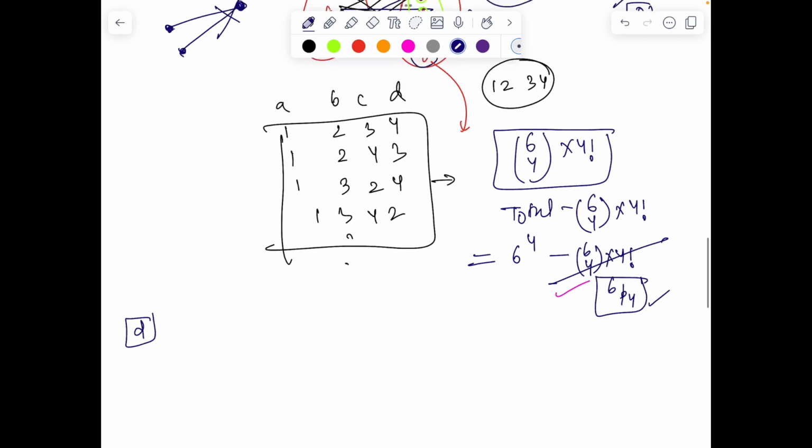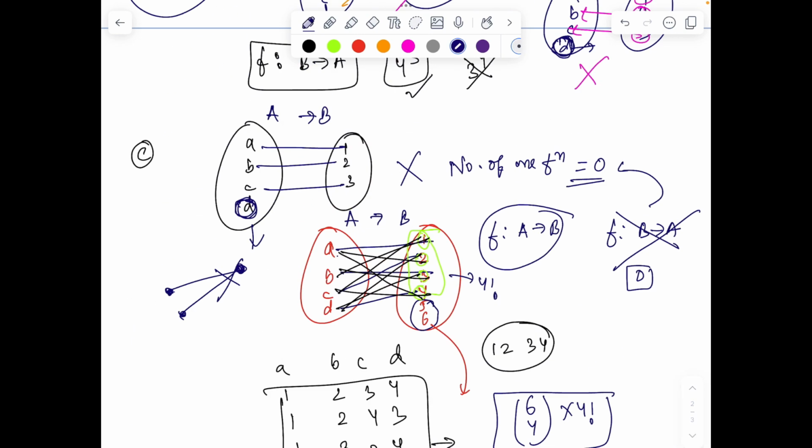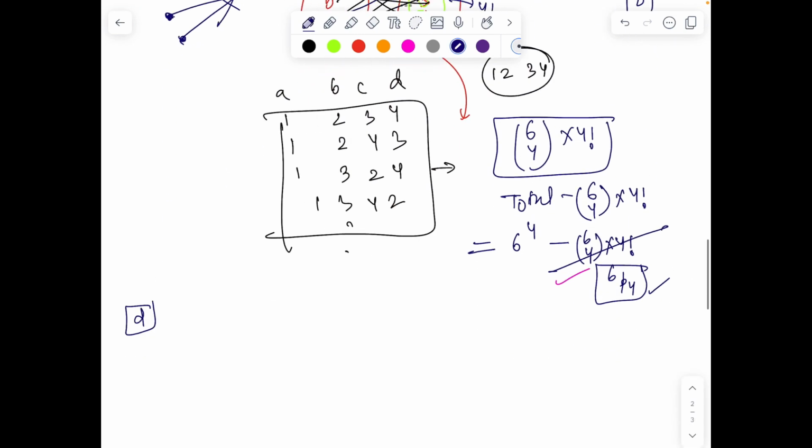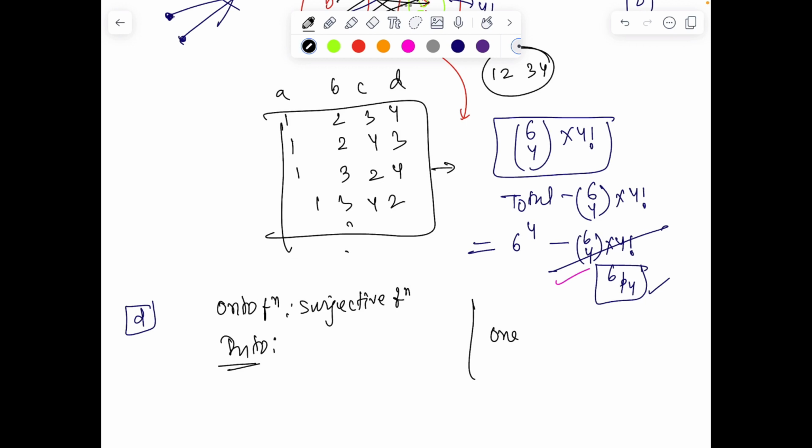चलो let's try to do the next question. Now we want, so one-one and many-one is done. Now we want number of onto functions. Now as you already know, onto function is also known as surjective function. Okay, this is just a synonymous name, and into function is known as just into function, ठीक है। और एक स्पेशल है 1-1 और onto। If a function is both 1-1 and onto, ऐसे फंक्शन को हम बोलते हैं बाइजेक्टिव फंक्शन।